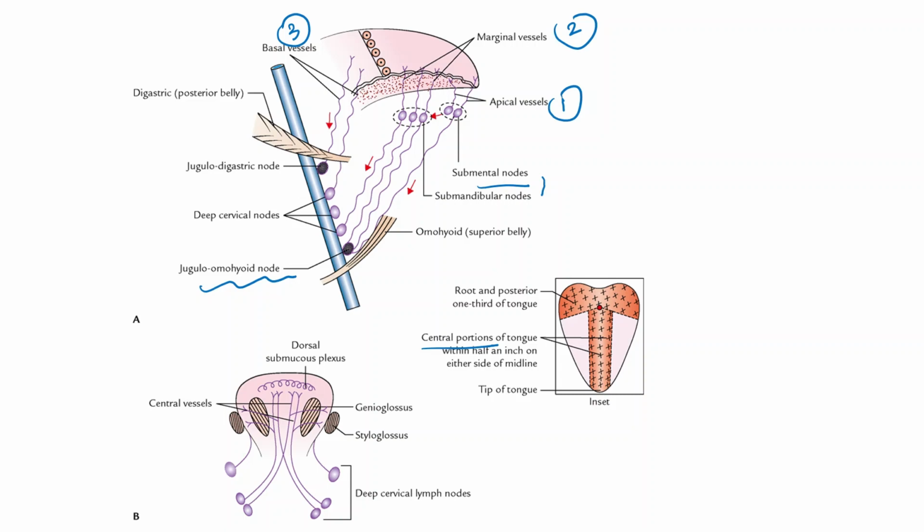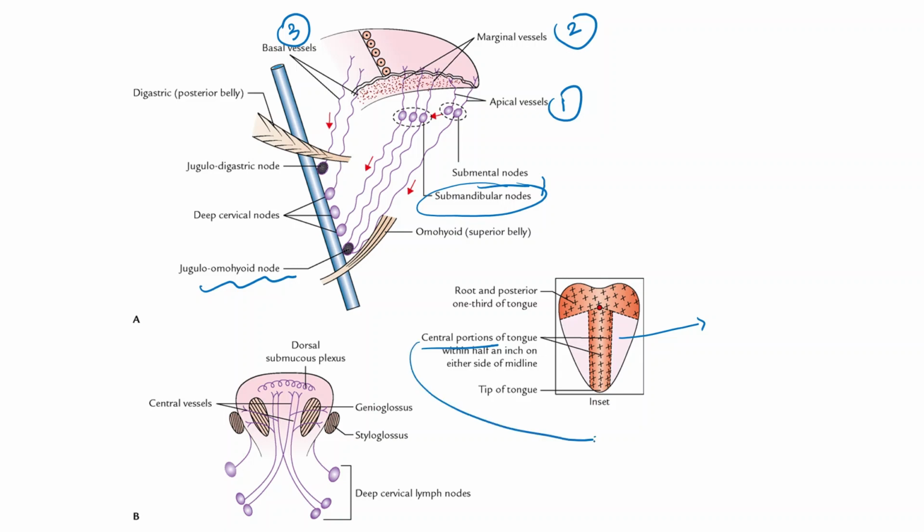of the anterior two-third, that is the sides of the anterior two-third of the tongue, drain into the submandibular group of lymph nodes, and ultimately reach the jugulo-omohyoid lymph nodes. Thirdly, the central vessels, that is the central portion of the anterior two-third,